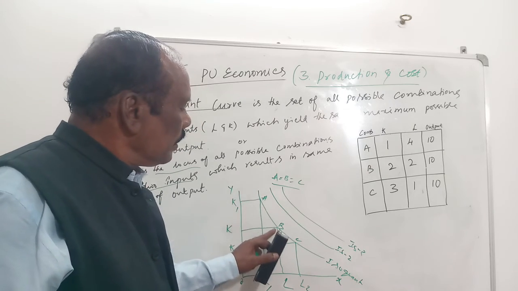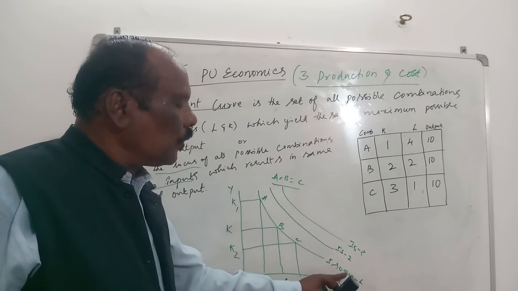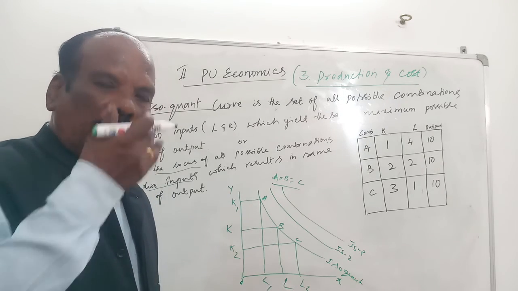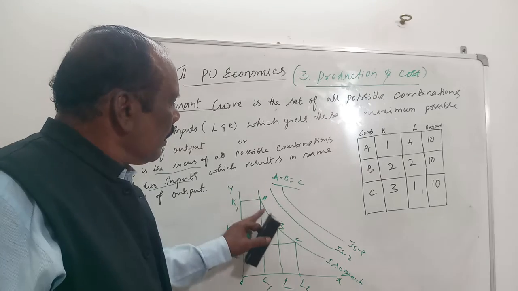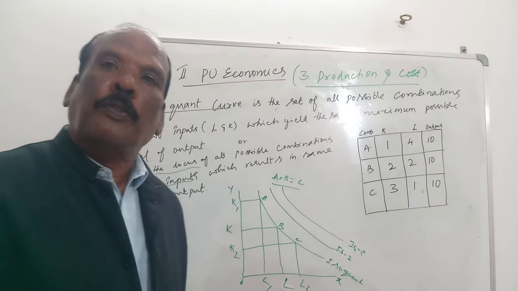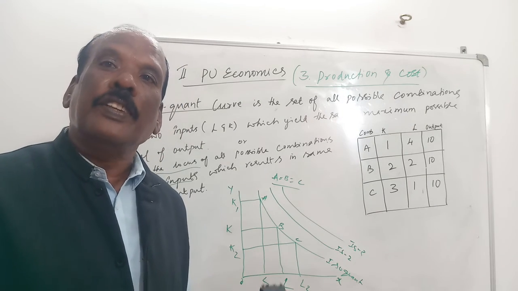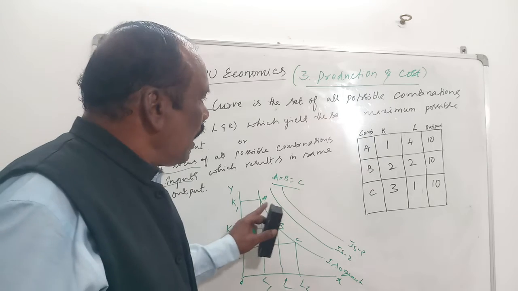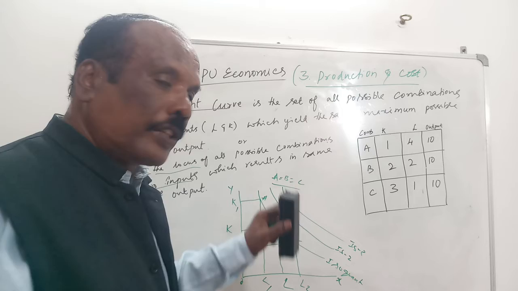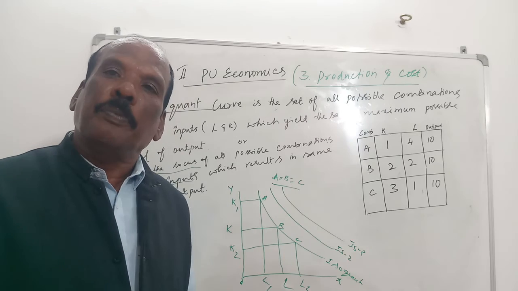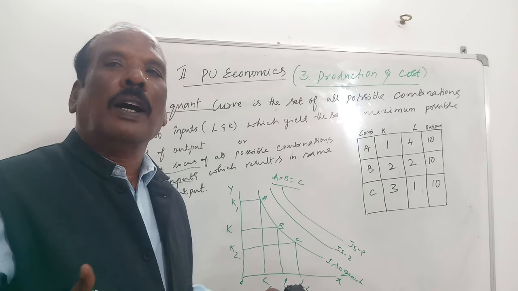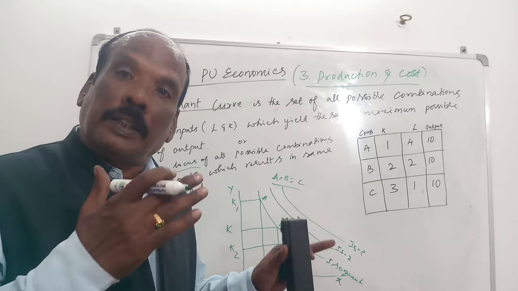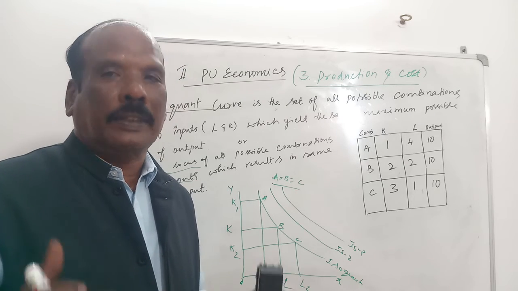You have to think of this isoquant curve. Isoquant curve represents different combinations of two inputs which yield the same level of output. And we see the similarities between indifference curve and isoquant curve. So isoquant curve is also called equiproduct curve,